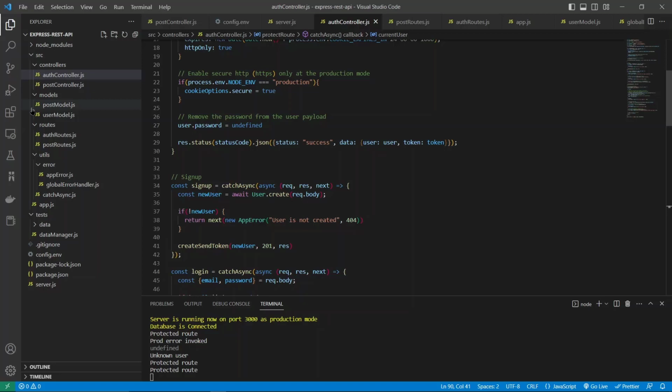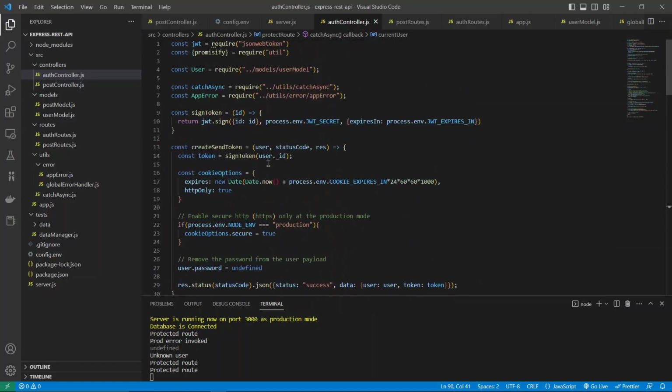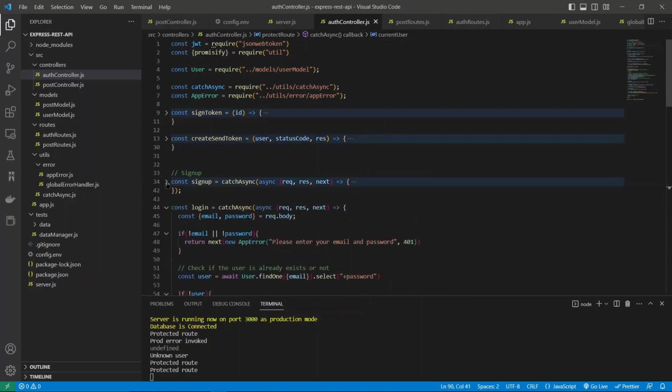So based on the role or based on the actor type, we can restrict certain availability for resources as well, or we can mediate the access for resources. So yeah, let's try to implement that logic as well. So let me collapse all of these functions,